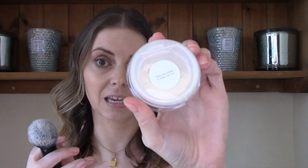Tap off, and this says keep me close to keep me cool, because it feels extremely cooling on application. I'm going to dust that on. And what it is, it feels like nothing, but it's a kind of a light, hydrating veil. Nothing like it. I couldn't dupe this for you. The only thing I could compare it to